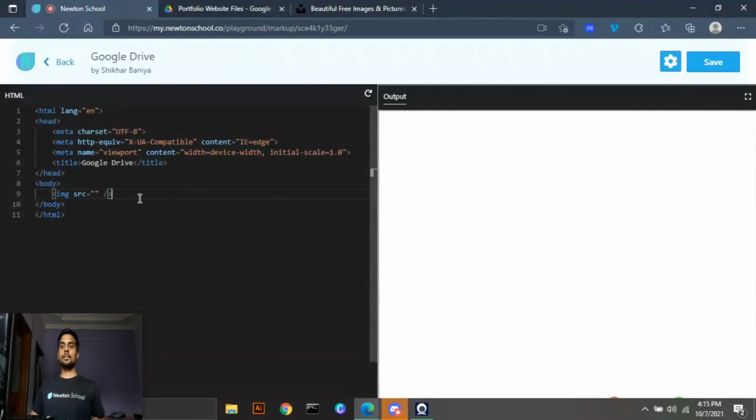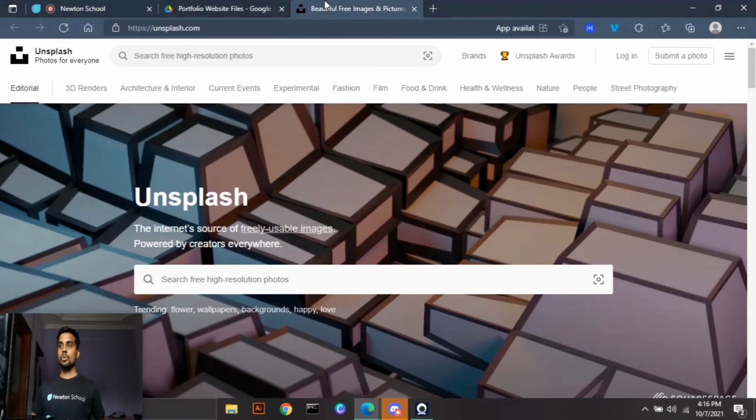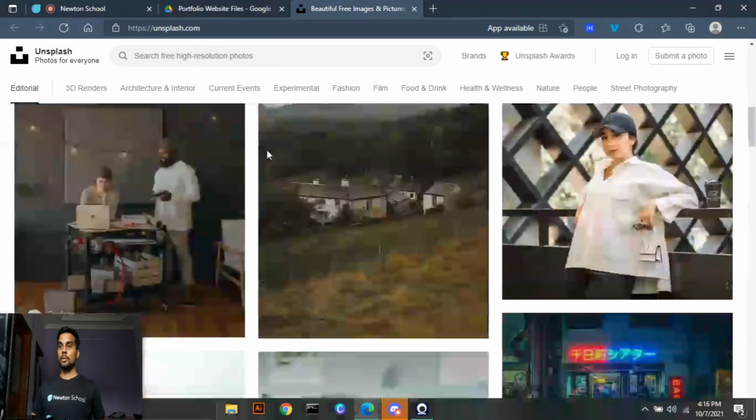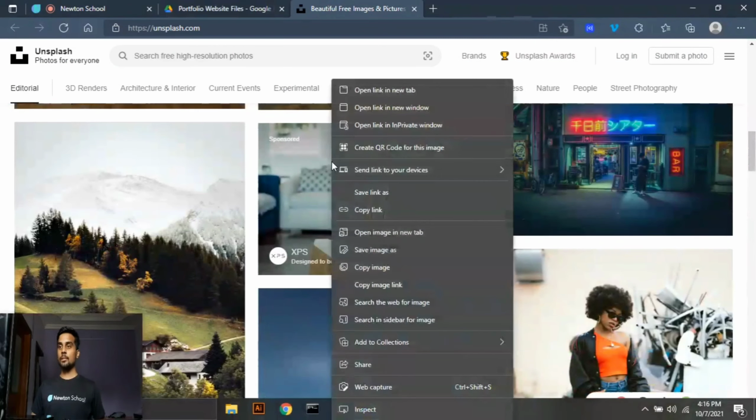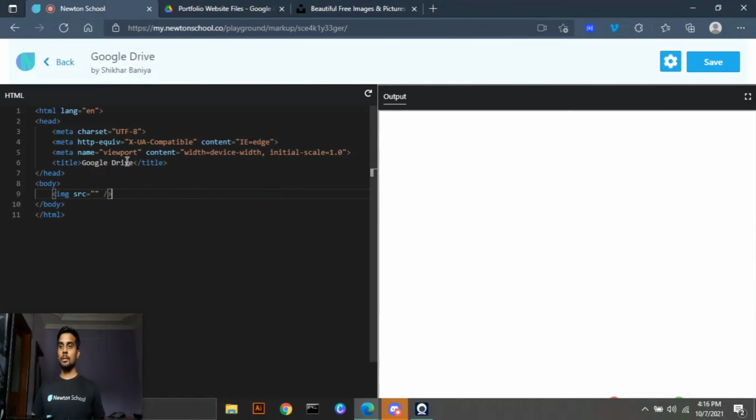Okay, so this is the syntax of the image tag. And to display an image, you have to provide the path of that image in the source attribute. Okay. So I want to display an image via the internet or using a link. So let's copy this image, copy image link, and then paste it inside the source.